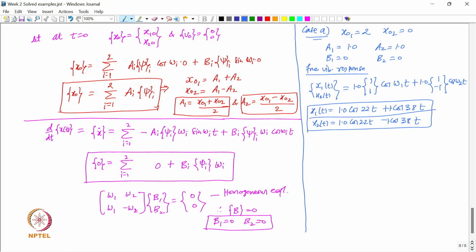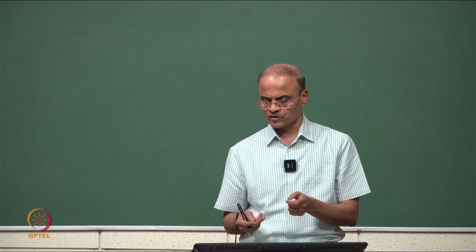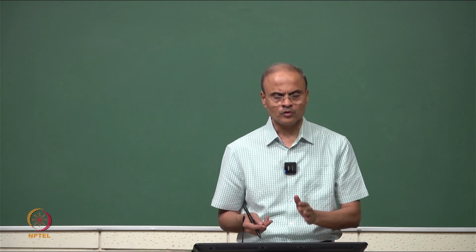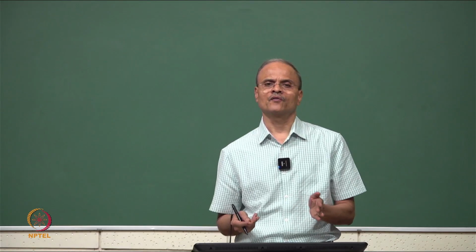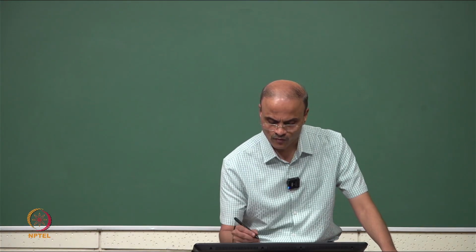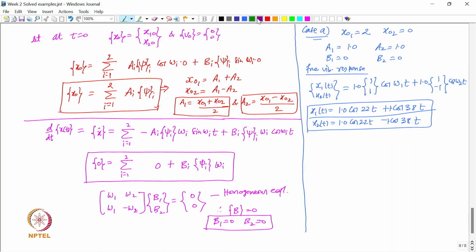So, what we see is that the vibration response of the two masses contains the presence of both the modes of vibration, because we can see from the equations that not only the first natural frequency 22 radian per second, but also the second one with 38 radian per second is present in the response. So, it means both the modes are excited with this kind of excitation, right. The kind of initial excitation conditions given, both modes are excited, and that is why if you measure the vibration response of each mass, for example like this,